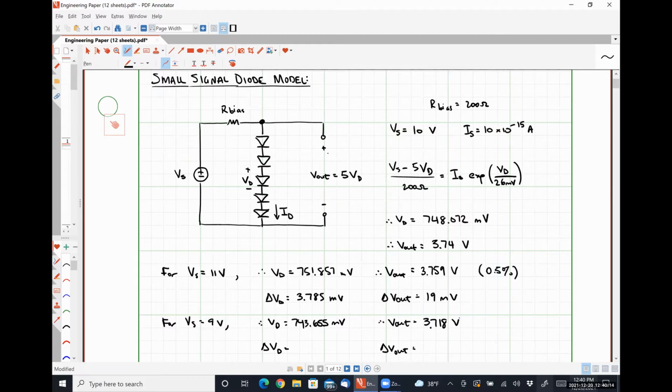So VD changed by negative 4.417 millivolts. V out changed by negative 22 millivolts. And so this is a 0.6% change. So again, we see the 10% change in the power supply voltage yields a pretty small change in the output voltage. All right, so the last thing I want to do here is rework this problem, but with a resistor